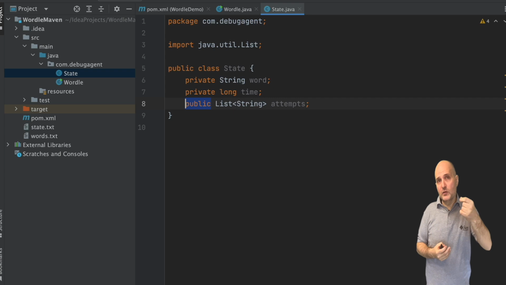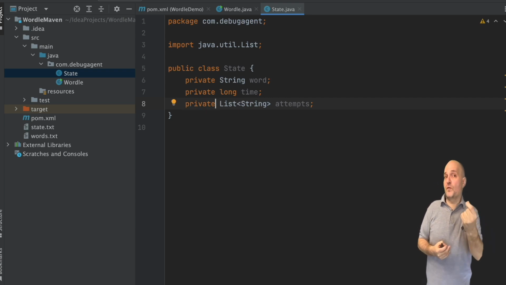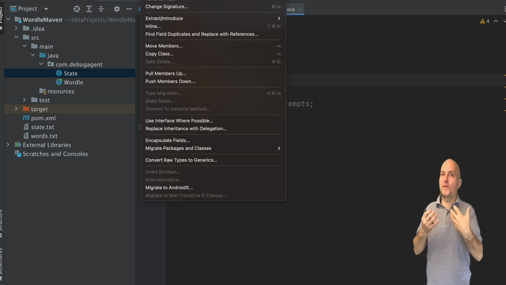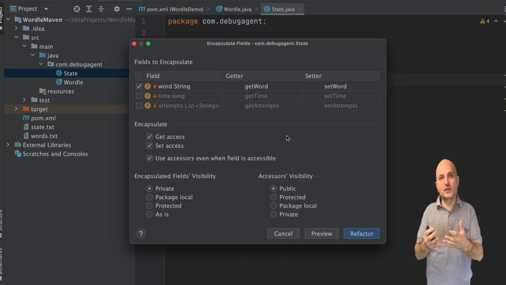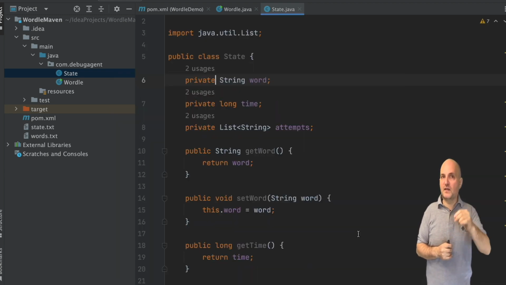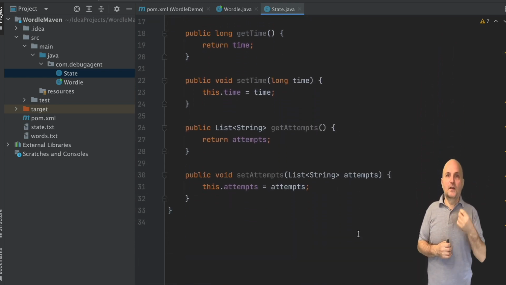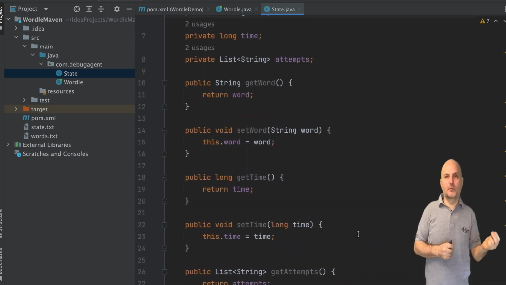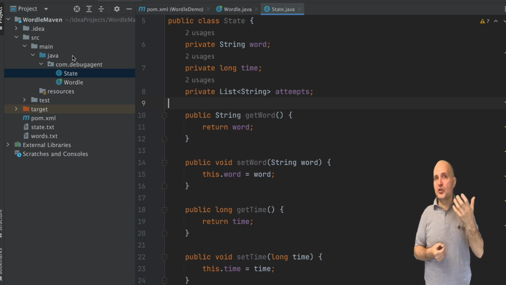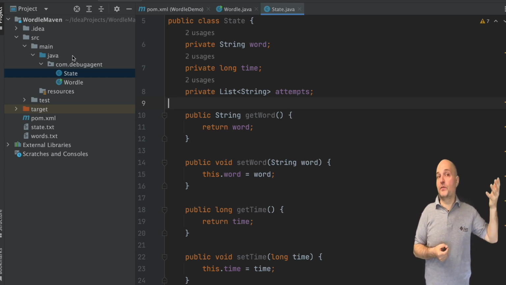But then how do I use the class? We need to change the fields after all. The solution is so common that there's a refactoring for it, conveniently named encapsulate fields. It creates getters and setters for all the fields. These are methods named getFieldName and setFieldName respectively. They let you change the field value or get it. This lets us bind functionality to field changes or fetches. I can write code that doesn't let you change the word to a word of an invalid length.